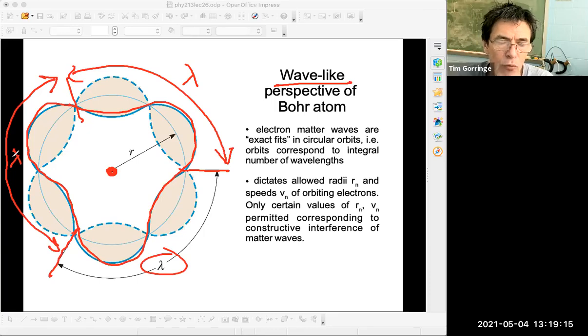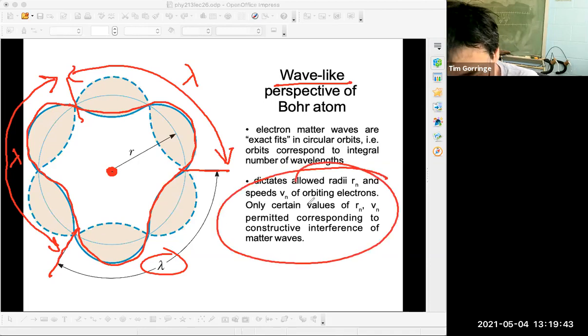You can only have wavelengths that exactly fit in the Bohr orbit. If you had a different wavelength, what would happen is it would destroy itself. It would undergo destructive interference, and that matter wave would disappear. So the only stable matter waves are the ones that exactly fit with whole numbers of wavelengths around the Bohr orbit. And so that's what's indicated here. That instead of